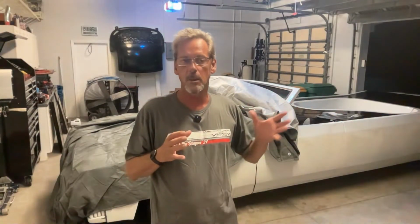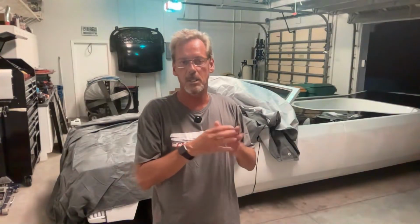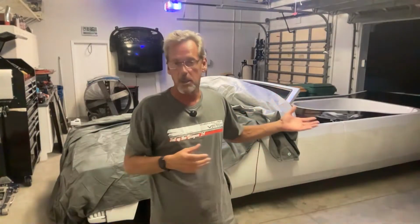It was nice and sunny and a few clouds, and literally 20 minutes later, thunder, lightning, torrential downpour. It was cool to watch on radar because it built up so quick. It was maybe less than half an hour. This whole thing went from 0 to 100, and then it stayed over for 15, 20 minutes, and then all of a sudden it took off, and there was lightning in the distance, went up towards Tampa Bay. It was really kind of amazing to watch, but the good news is the Viper got a